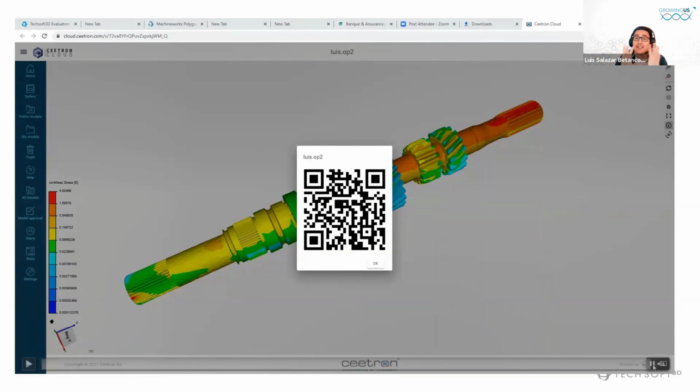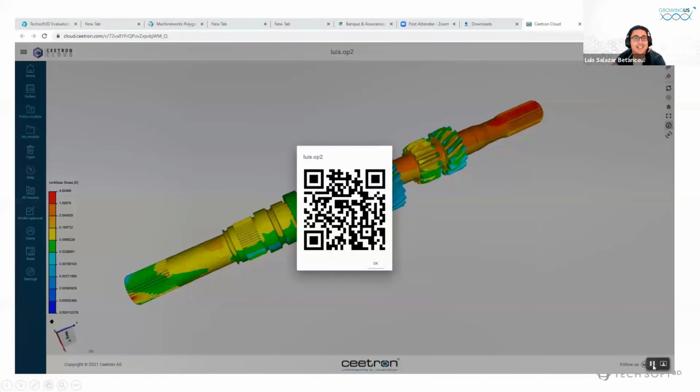I would like first to thank many people that have helped me to show this workflow. Please notice we moved from a CAD file into a final simulation result. This is a full pipeline workflow for engineers, and we are able to do it thanks to the products that we can offer. So now let's move to the next slide.